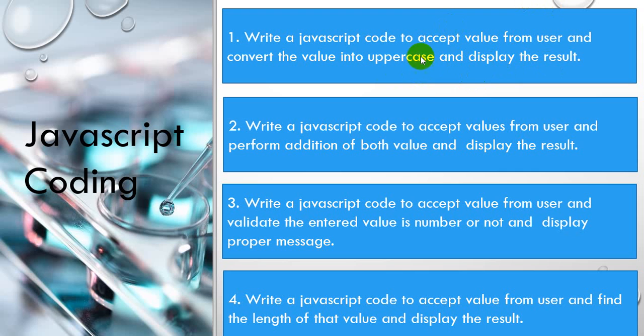Result means the converted value. You have to display the result, means you can use document.write, and you can even use alert to display. So we have two ways to display: one is an alert message, or we can display with document.write. Now you have a plan, a footprint: you have to accept a value and convert it. To accept you have the prompt function, to convert you have the toUpperCase function, and to display you have document.write. So these are some basic things that will pop up in your mind when you read this question.